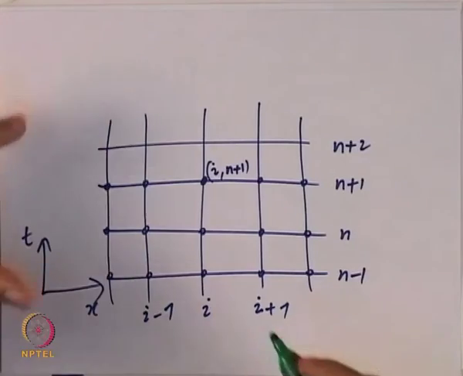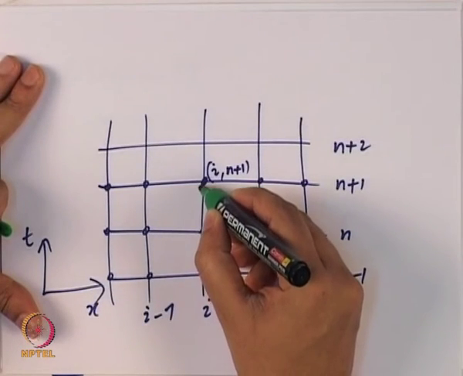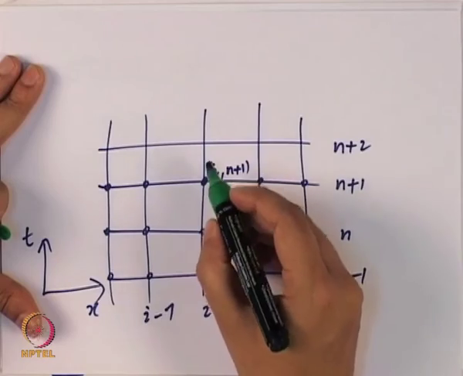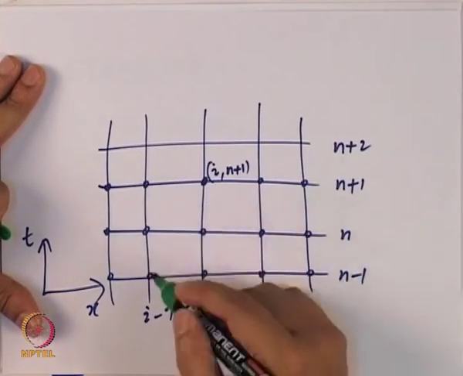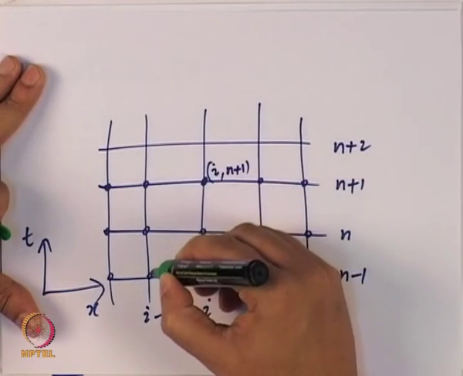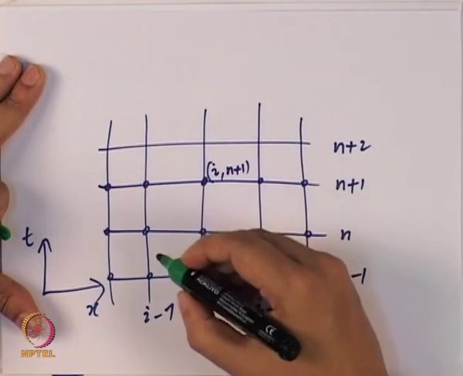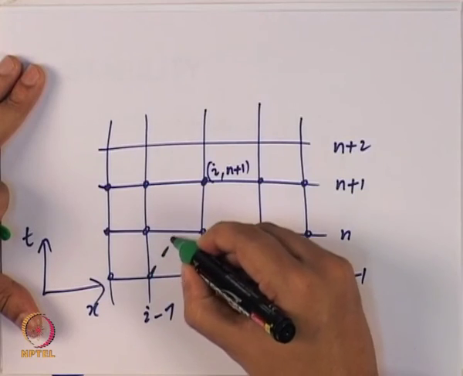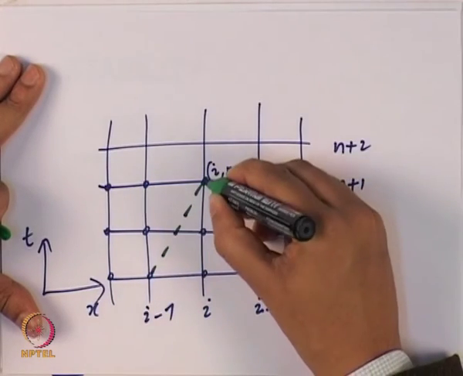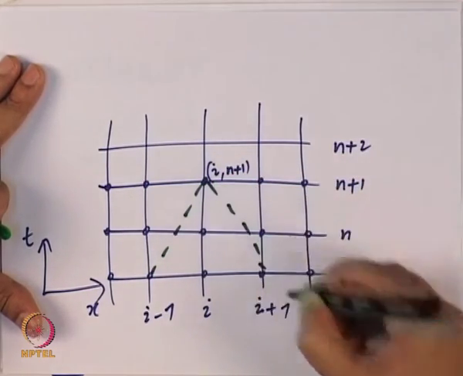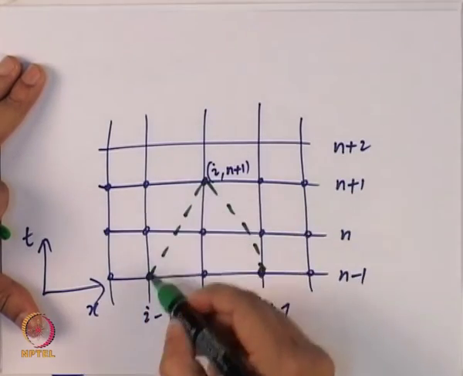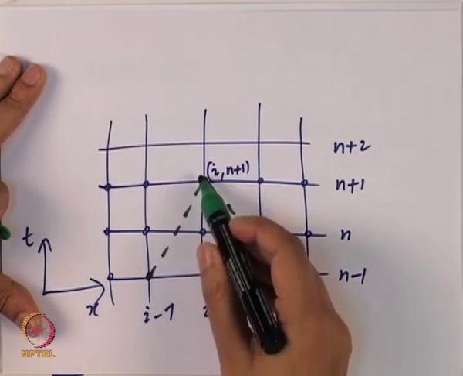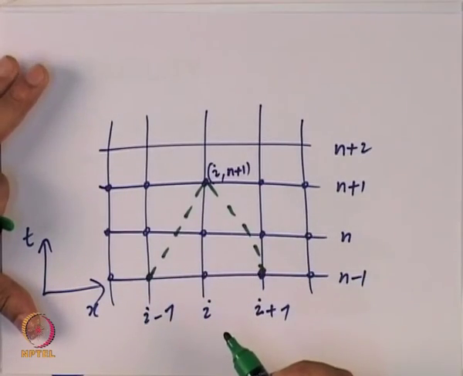So let's assume that there is the physical domain of influence. In other words, the solution is going to propagate in a particular direction. It has a certain physical domain of influence. Let's say that physical domain of influence is given by this green dashed curve. It is going to start from this point, and whatever is going to come here has a physical domain of influence given by this